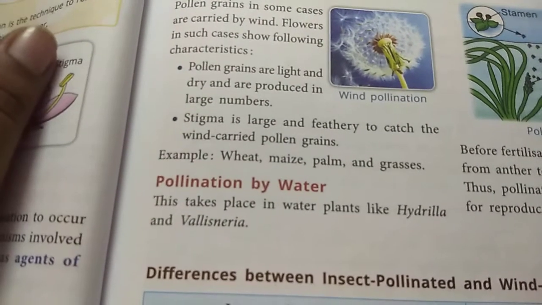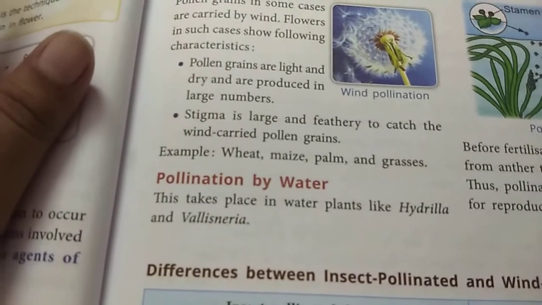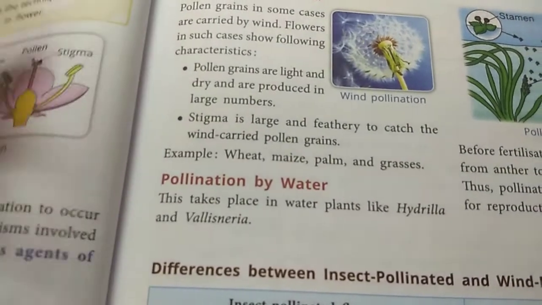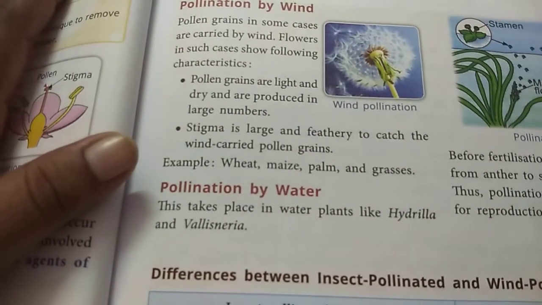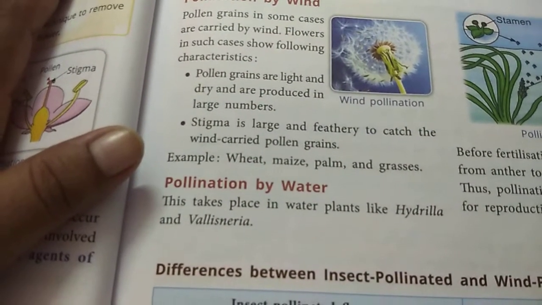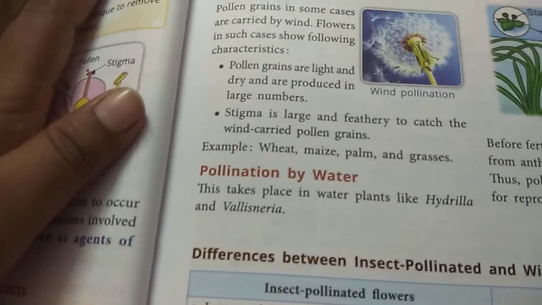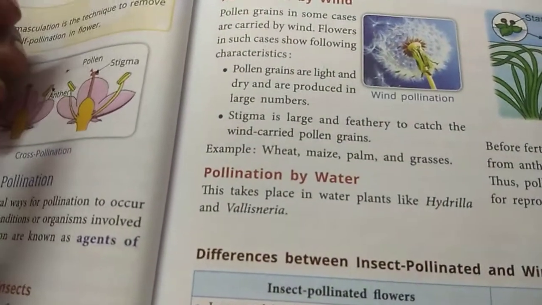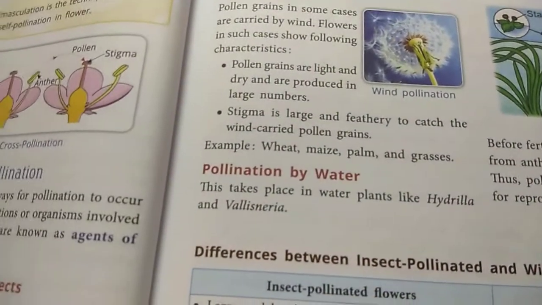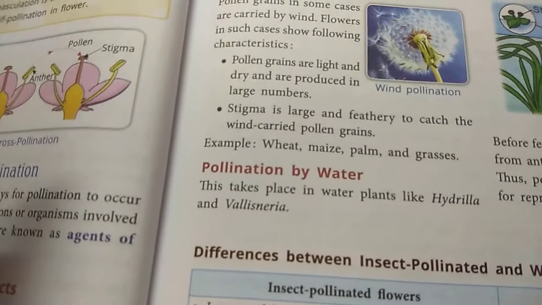Stigma of these flowers are large and feathery, so that they can catch the wind carried pollen grains. Wind will not deliver the pollen grain to another flower's stigma. It is the stigma's work to catch those pollen grains from the wind. So they have to be very large and very feathery to catch the wind carried pollen